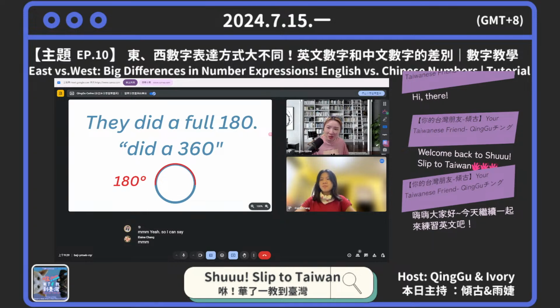So I can say, oh, his personality did a full 180. Oh, is there a cool translation to Mandarin for this? Oh, yeah. If I would describe someone's personality or behavior as totally different from before, you can say 180度大转弯. Oh, hey. It translates very well. 180度大转弯. It's very similar to doing a 180.